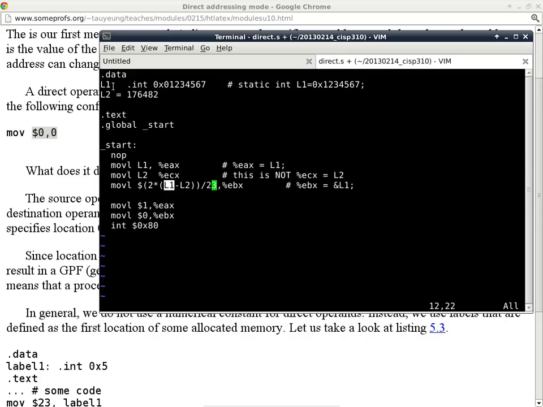So the $ symbol is kind of like ampersand, which is the address of operator in C and C++. So without it, you're actually accessing the quote-unquote variable itself. With it, you're trying to specify the address of the variable. Now, I have to really emphasize, it's kind of like that because,